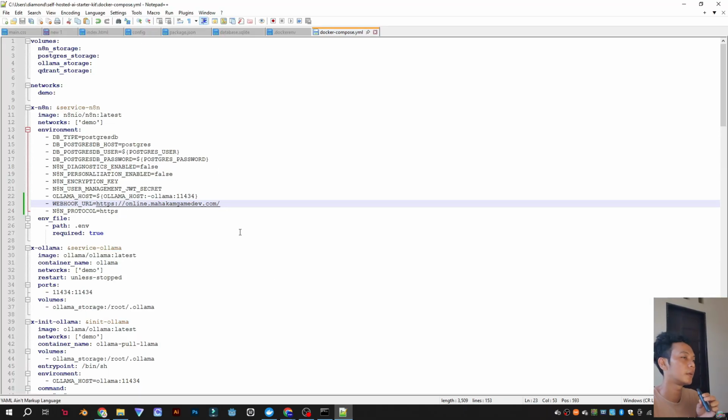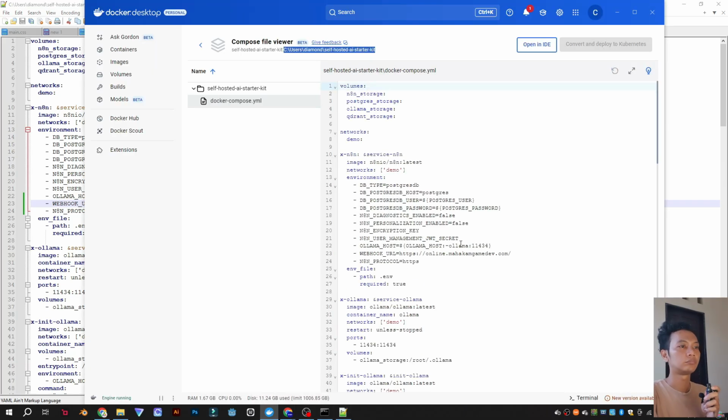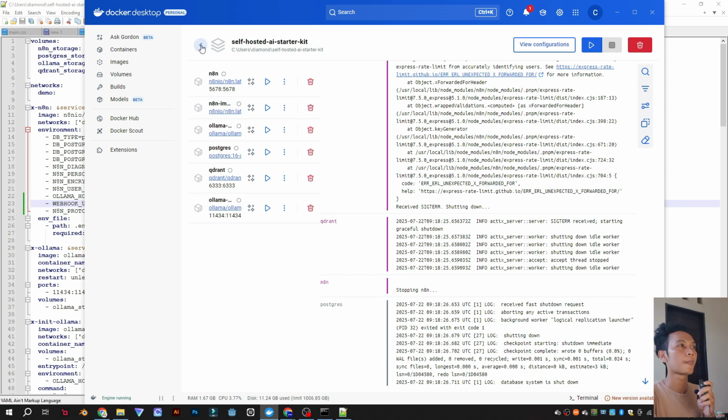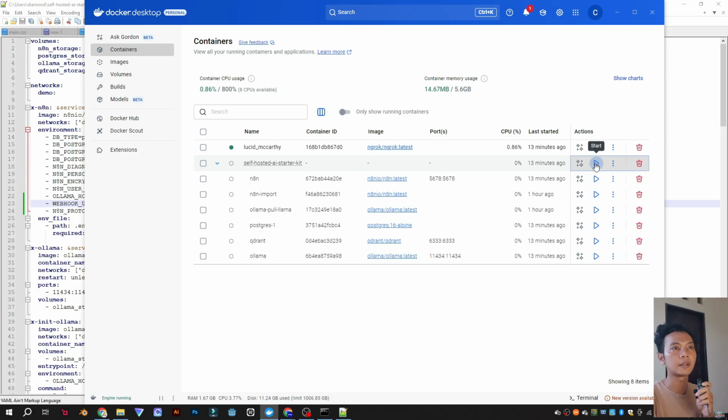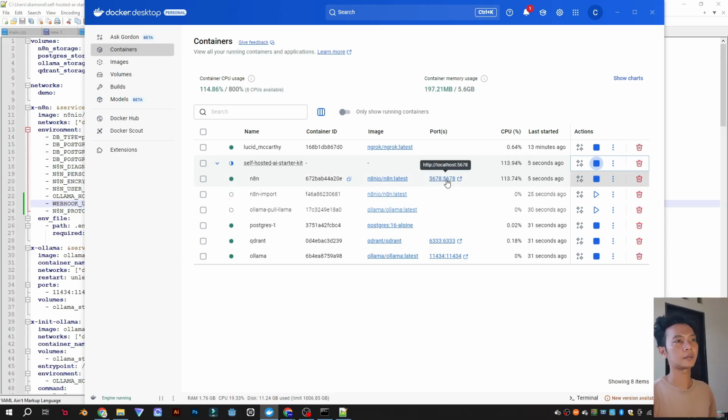So you have to remember after the webhook URL, you need to put your link in here with a slash at the end, then save. After saving it, you can see here it is already updated. Then go back to the container and run it again. Let's check out.